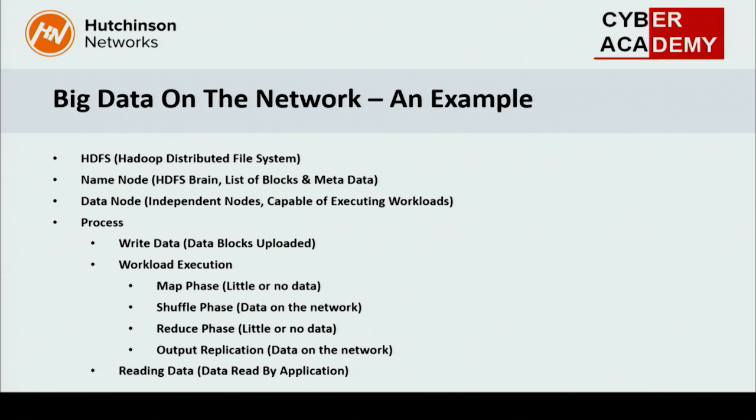So where these bits actually hit the network, the initial write application, like I mentioned earlier, the data's coming in, it's coming into the network, it's coming into the infrastructure before you start mapping it out and doing something with it. The map phase, there's very little that's going to go on the network here because you've got your name node, and the name node is going to figure out how it's going to map the data. The shuffle, though, at this point, we're distributing it across those data nodes, the ones that are going to do the processing. So at this point, we've got a big push. We've got a lot of data going out over the network.